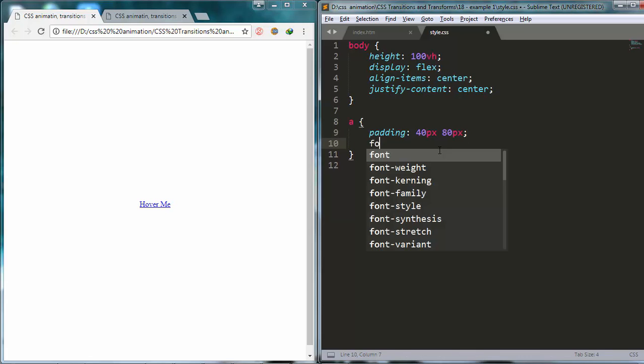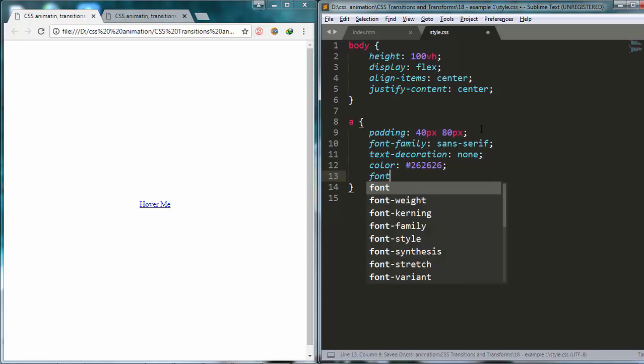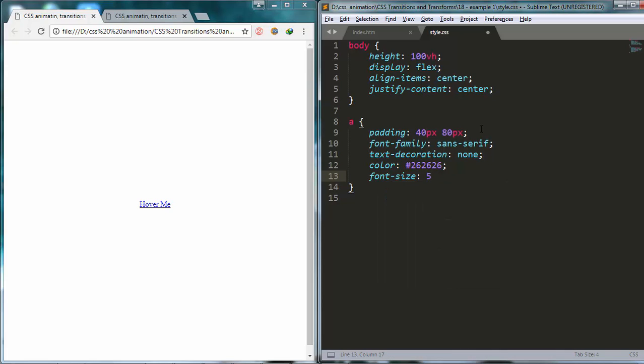Then I will add font family, sans serif, then text decoration none to get rid of the underline, then color, then sharp 2626, font size, 45 pixels, letter spacing, 2 pixels, border, 5 pixels, solid, and again this color,